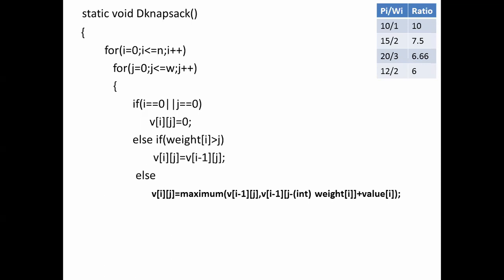Since we want the index to be an integer value, we are converting weight into an integer value. Okay, int of weight of i, so j minus int of weight of i, because it's an index to the table, an index to the two-dimensional array, the matrix.